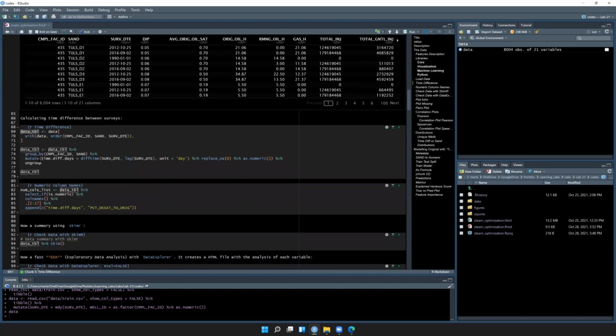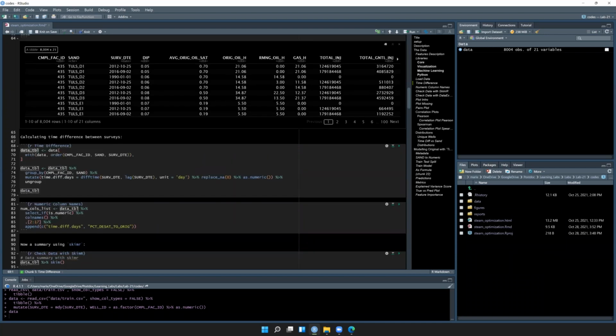And the next one, I'm just calculating the time difference between the surveys for each one of the wells, for each one of the sands. And it's going to be the time difference in days. So this is from the Lubridate library, this time diff. And that's why we converted it to date before. It's going to be easier to work with dates. So when you run this part,